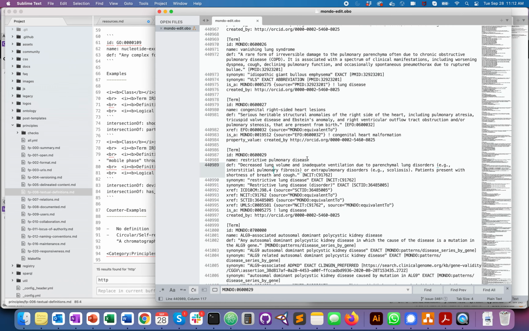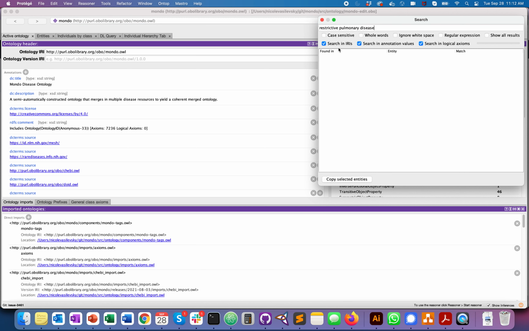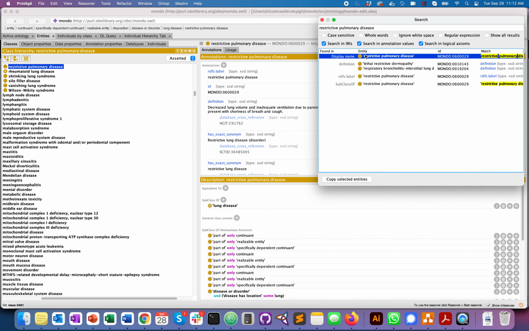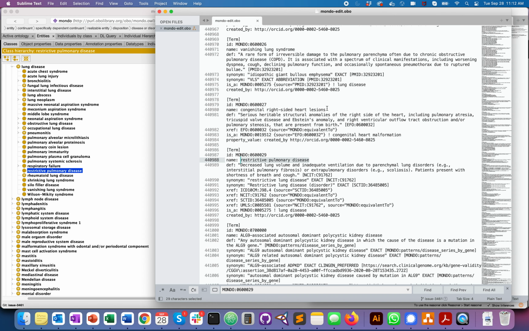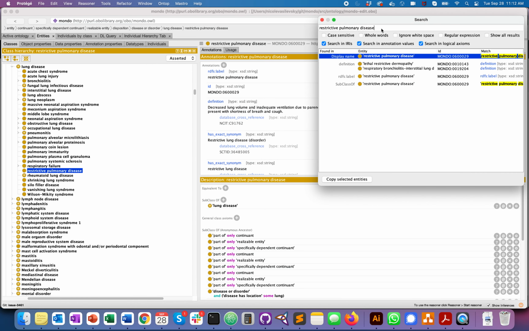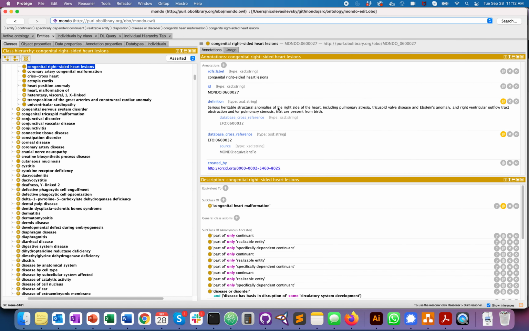So let's look at restricted pulmonary disease. Just make sure that everything's where I expect it to be. This one looks fine. Let's check the other one too. Looks fine. I'm going to do save as